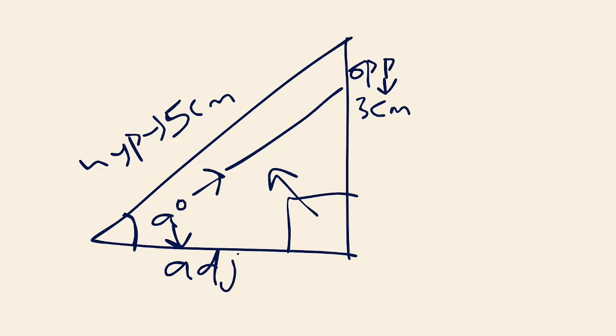The next step is to identify the sides that are given. 5 centimeters here is given, so you have your hypotenuse. 3 centimeters here is given, so you have your opposite. Then the last step,